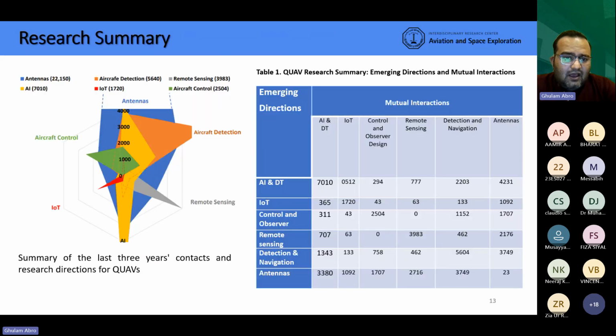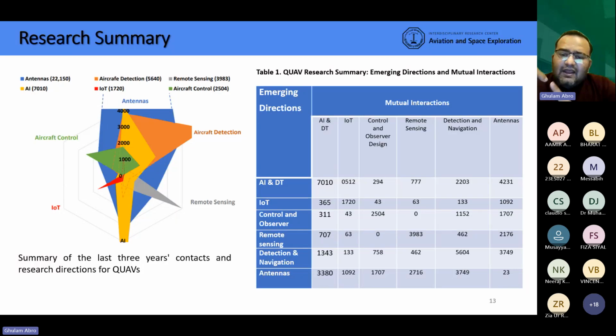And this is another graph that actually shows the last 3 years' context. Like if you can see this column, we have energy directions, we have emerging directions, and then it actually shows the mutual contact. For example, drones, which are used for digital twin, and they have been applied. Like they have the discussion regarding AI and digital twin. You can find